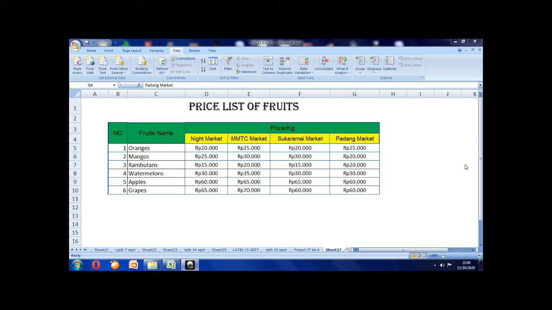So today we want to learn how to filter the data in Microsoft Excel. So the first step that you need to do, you must type the data. For example, here, price list of fruit, number, fruit's name, price per kilogram, and then these are the market name